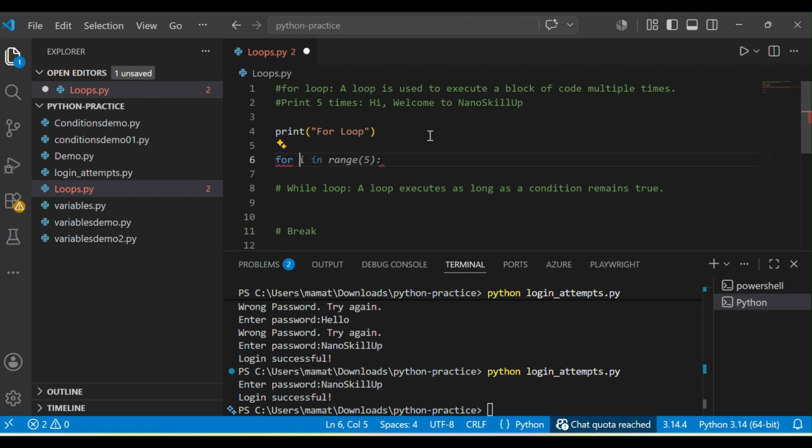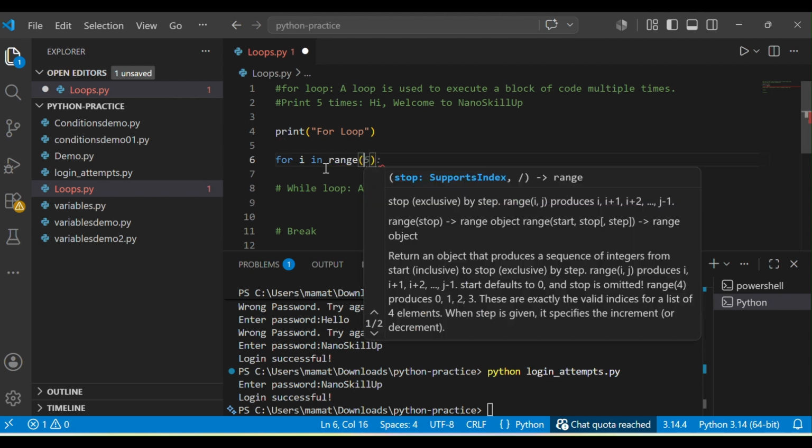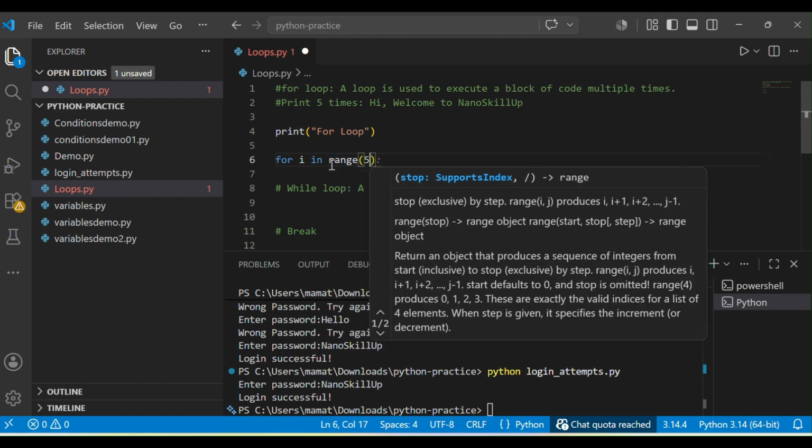I always have to start with for, which is a keyword used to represent the for loop, and then I have to take a variable. So i is a variable in which I am going to store the values that I want to repeatedly print. Then the value I am going to use, I'll be taking from the range. Right now I want to print 5 times, so I'll be taking the range here as 5.